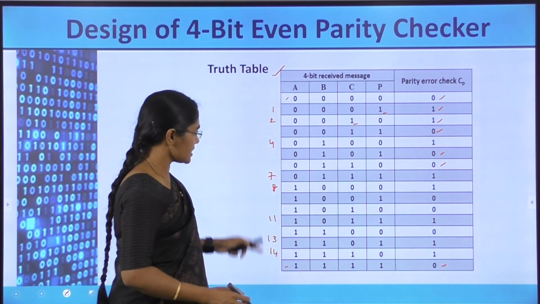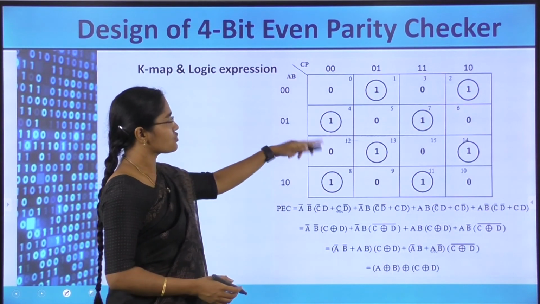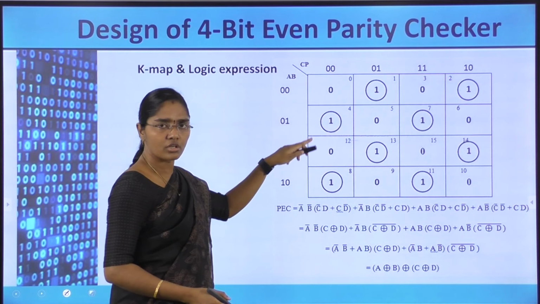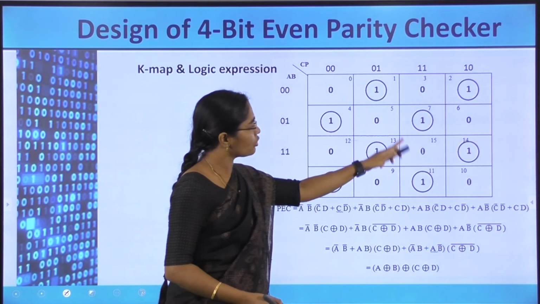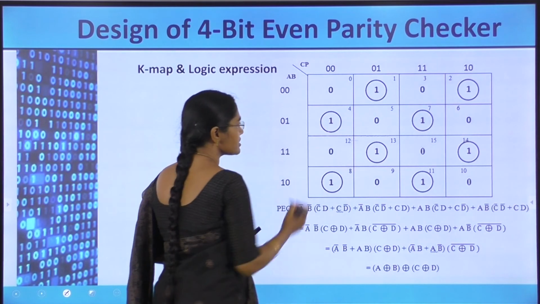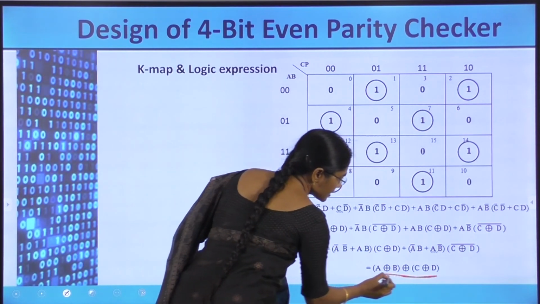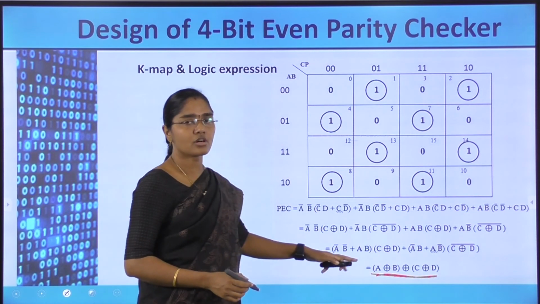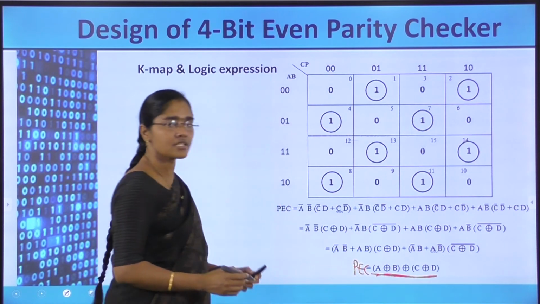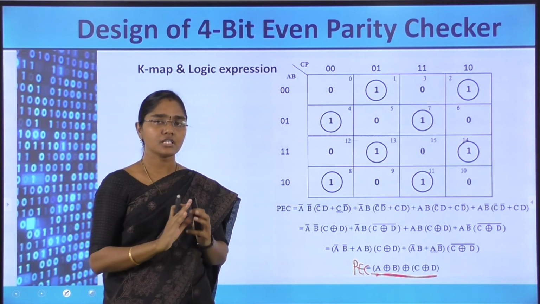Okay. So taking these min terms and simplifying using the K-map. Writing all those min terms and trying to solve for the simplification, but here no pairing is possible, only single terms. Writing all these single terms and rewriting in an alternative way, finally the output is A XOR B XOR C XOR D. So for the even parity checker, the output for the 4 inputs is nothing but A XOR B XOR C XOR D. That is the output expression.